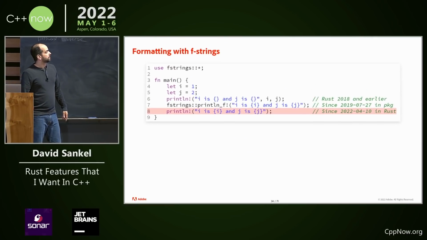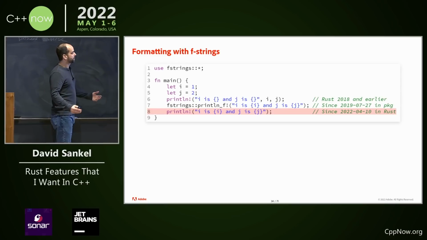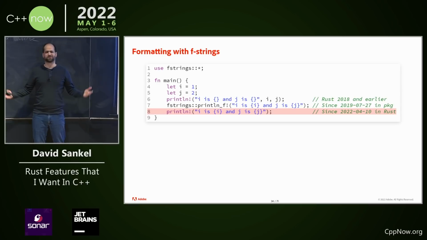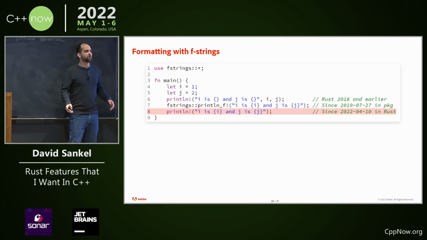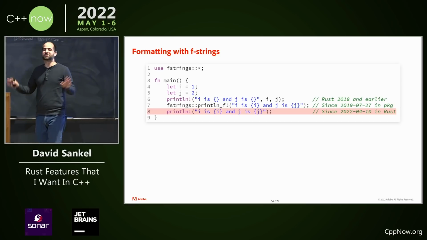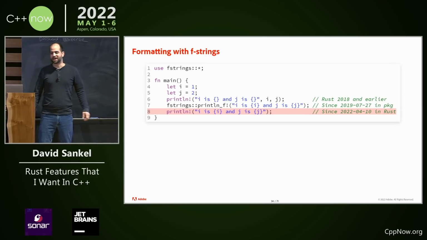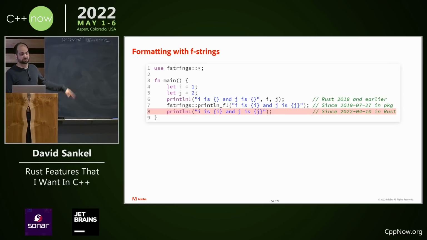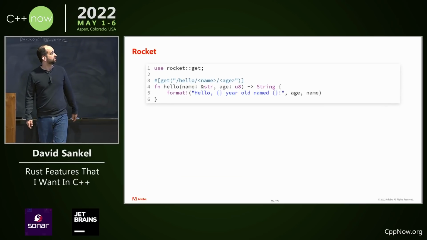How do you opt out of that if you want to actually print the curly brackets? So the question is, how do you opt out of that if you really want to print the curly brackets? I don't know, you could figure it out somehow. Okay, everybody's answering. It doesn't matter, there's a way. Okay, that's it. Let's move on to another cool result of having good metaprogramming facilities.